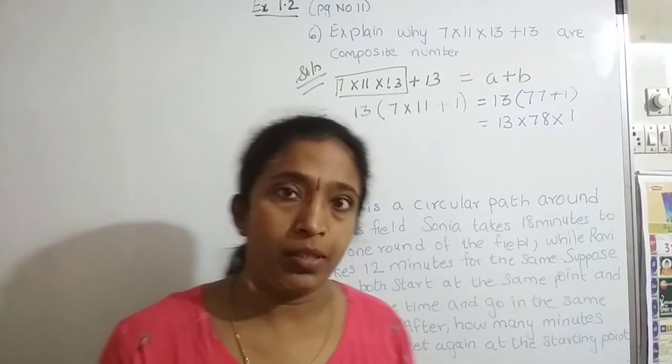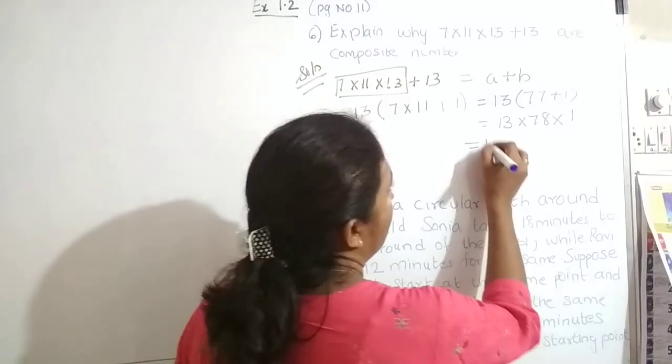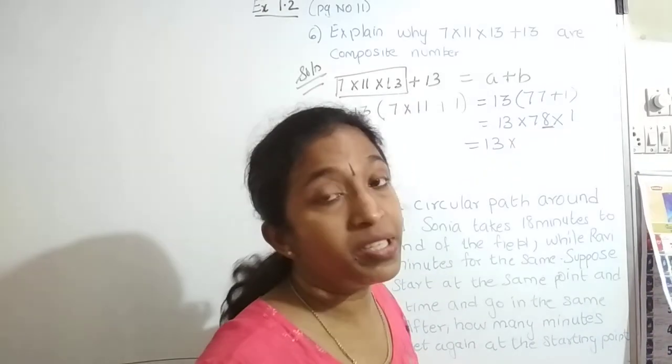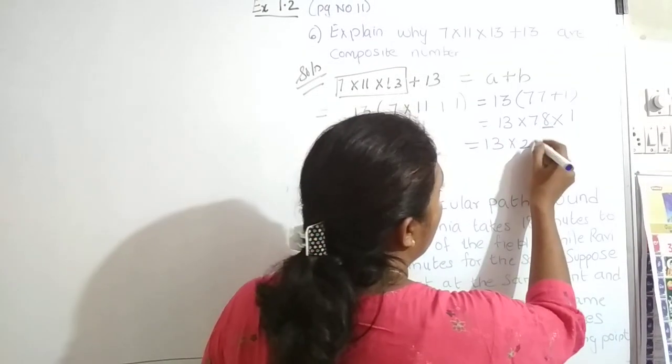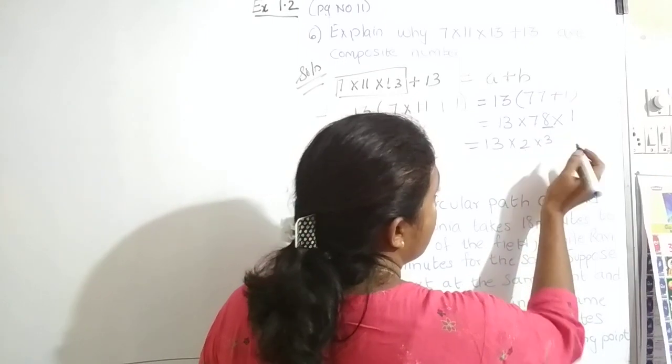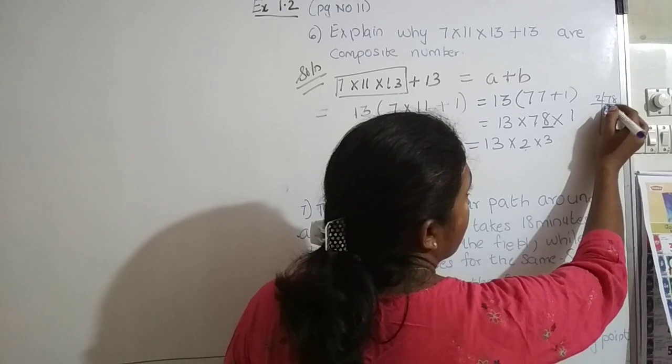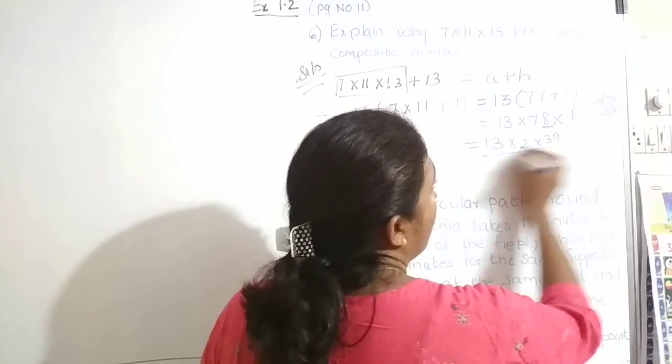Therefore, it is a composite number. Or just to generalize, we don't have to multiply it. I know that's an 8, so the number is divisible by 2. So 2 into what will give? 2 3s are 6. Just factorizing it. Same in this, 2 3s are 6, 2 9s are 18. So I can write that. That's it.